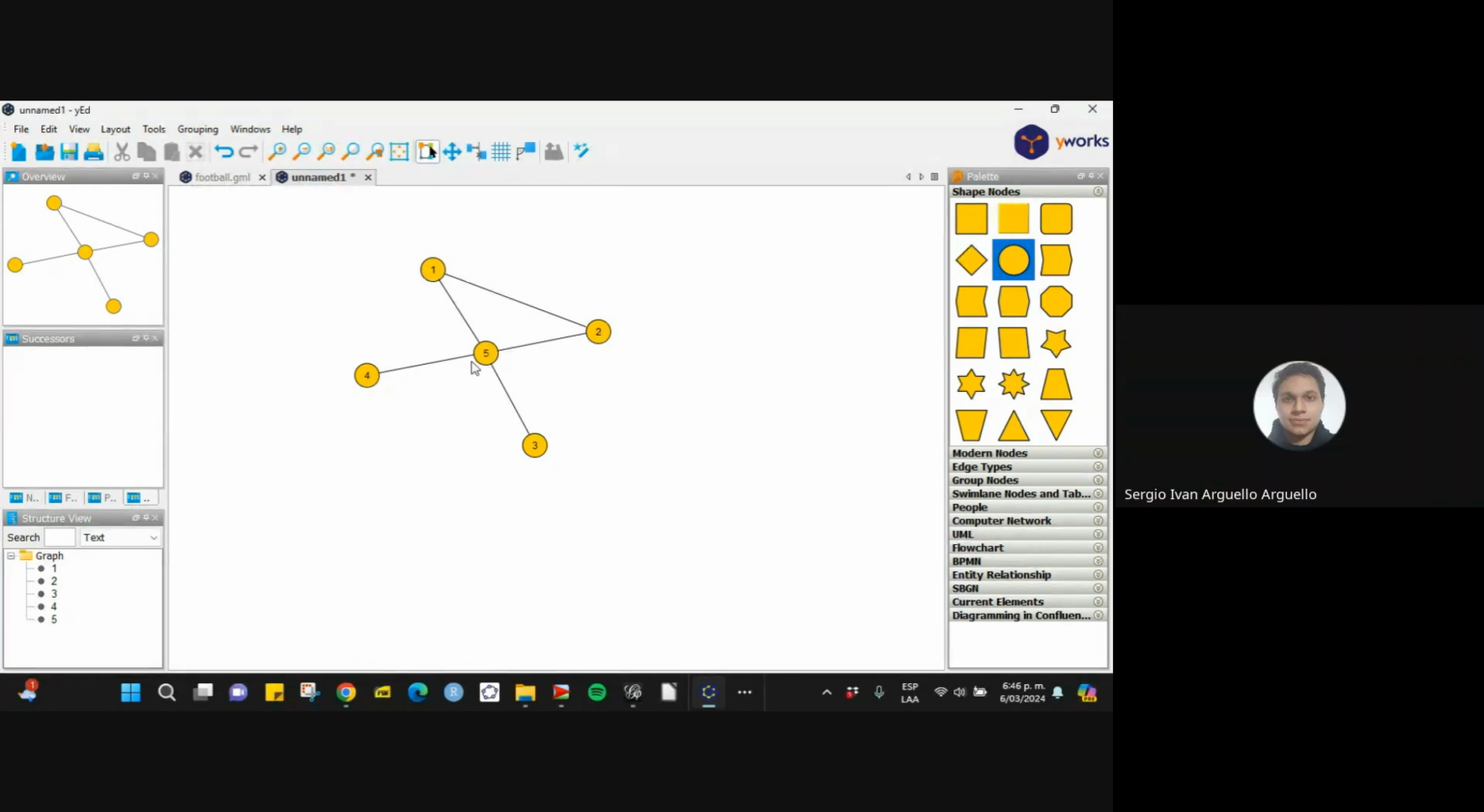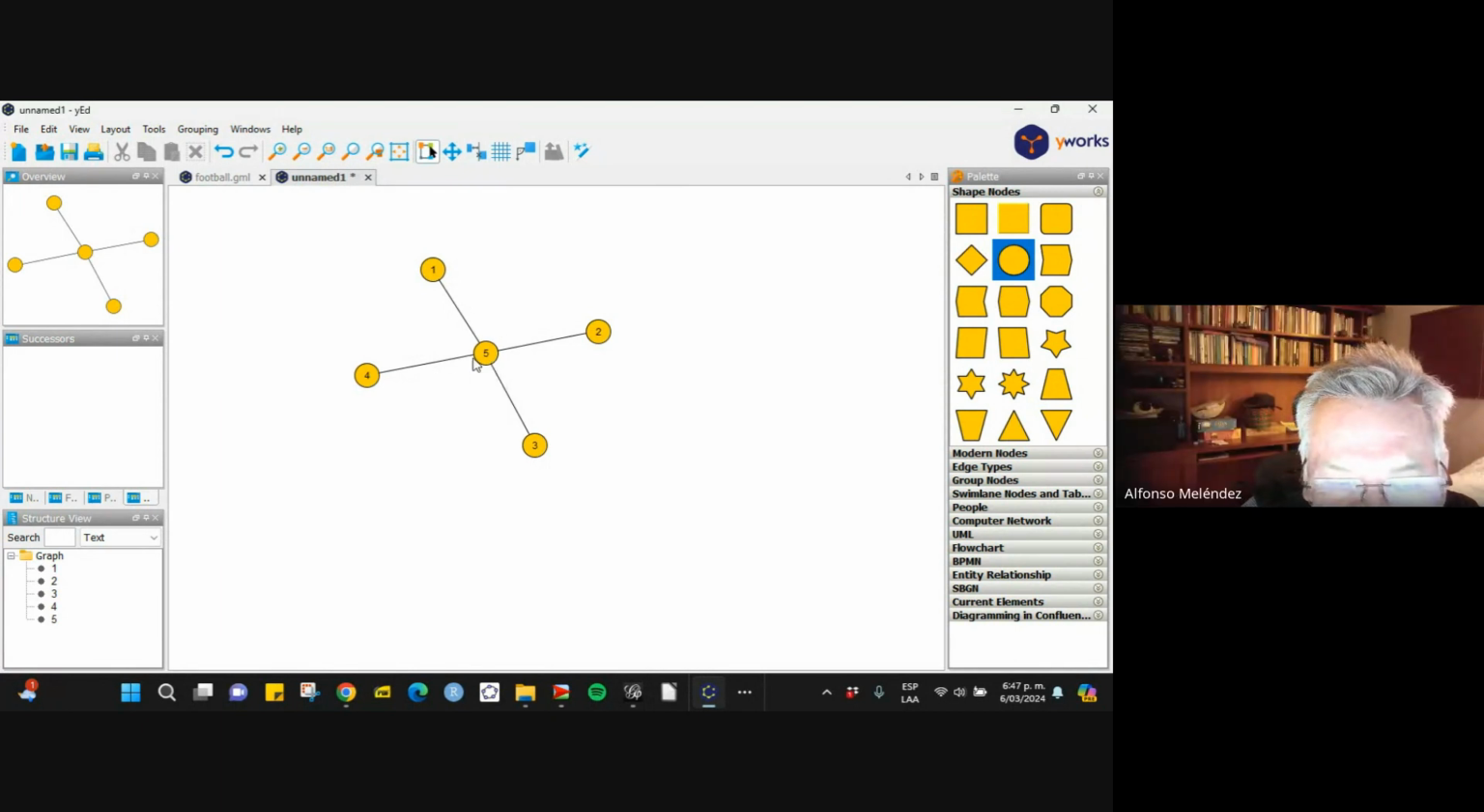Yes, teacher, it's clear. But look, in the example that you made, the closeness centrality, I was going to say, is different from the betweenness centrality. I was going to say that the closeness centrality is maximum also for this node because this node is near to all of them. It's very interesting